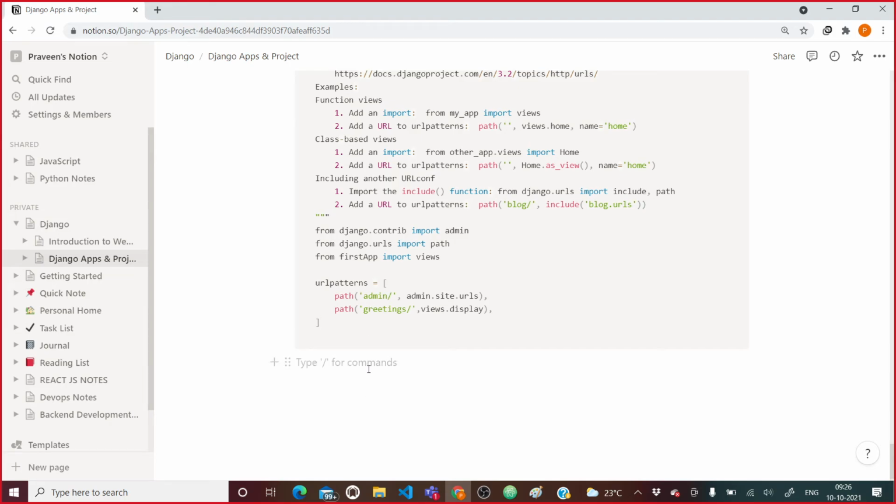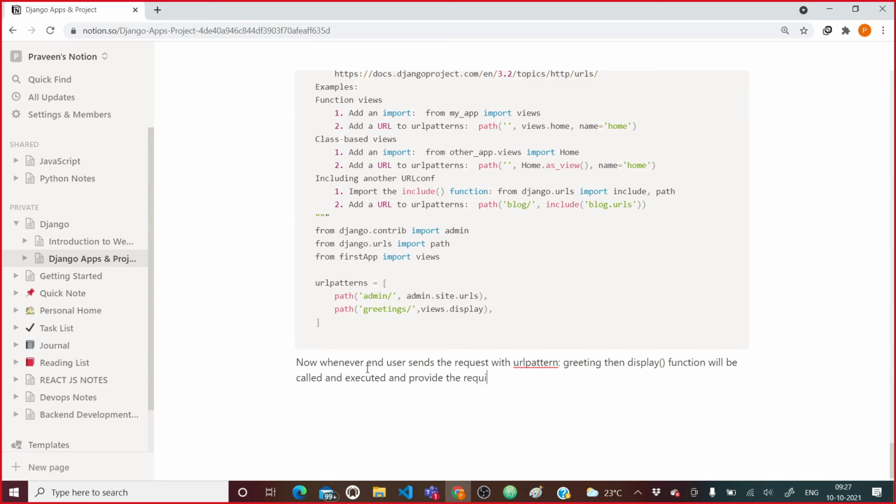Here, whenever the end user sends the request with a URL pattern, greeting, then the display function will be called and executed, and provide the required response.